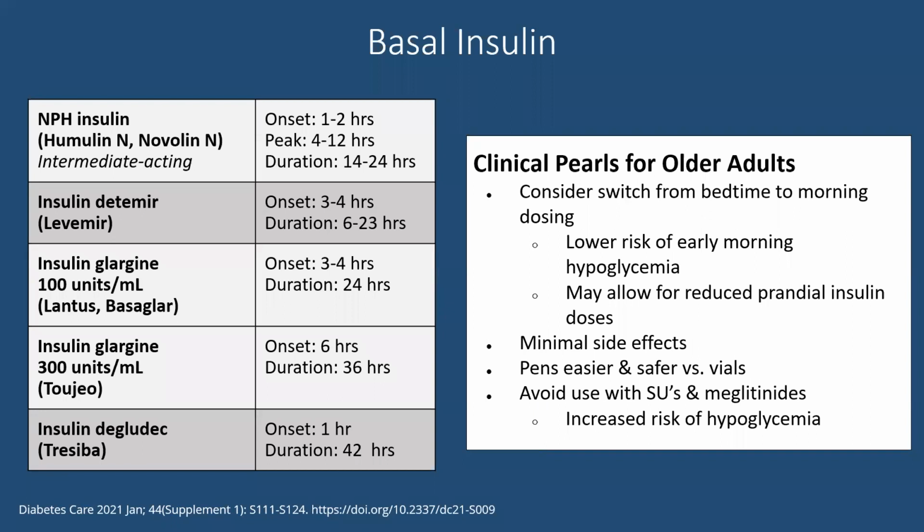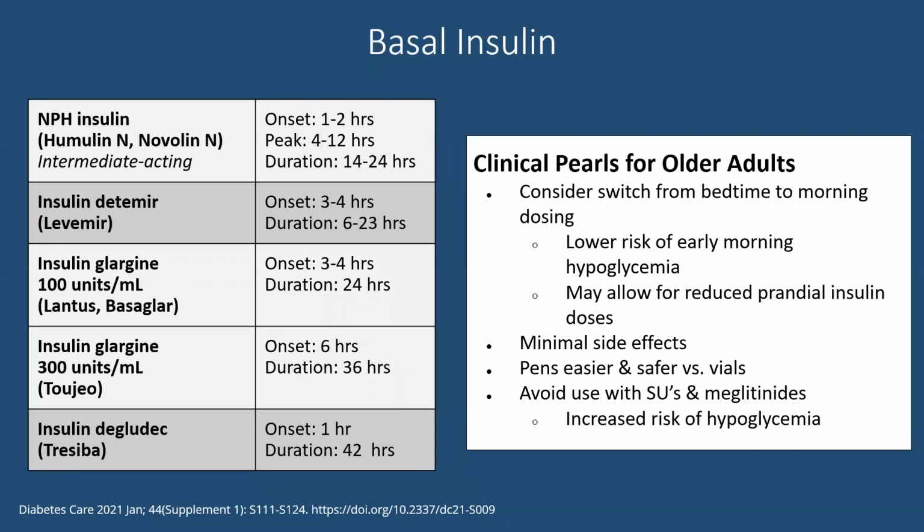So if you look at the kinetics of these insulins, they're all a little bit different. And that's something to keep in mind, because obviously these drugs are going to cause hypoglycemia in older patients. And so you want to be really careful not to overdose our patients on insulin. So just looking at the truly long-acting ones, that would be Levemir, Lantus, Basaglar, Toujeo, and Tresiba. The only ones with a pretty consistent 24-hour duration of action are Lantus and Basaglar. All the others are either way over, like Tresiba, 42 hours, so much more likely to cause hypoglycemia.